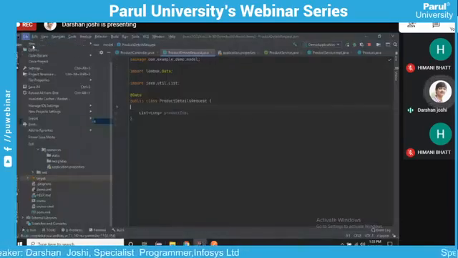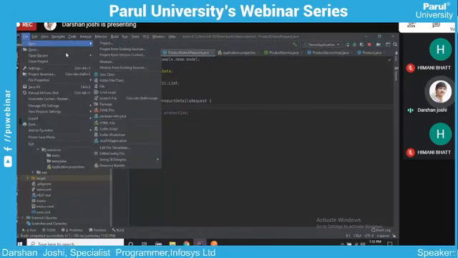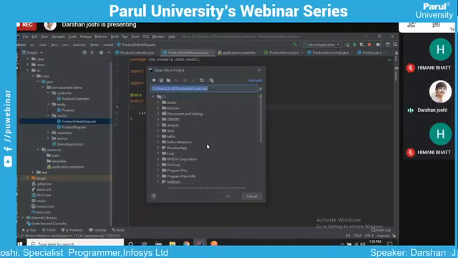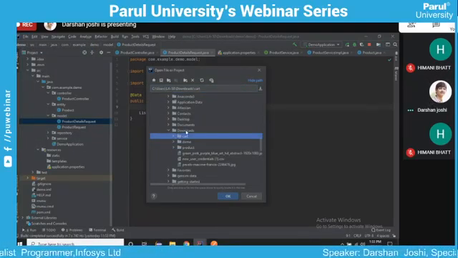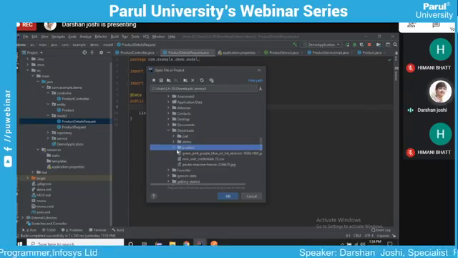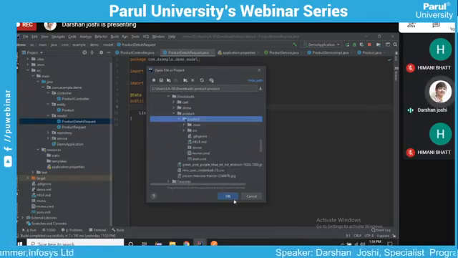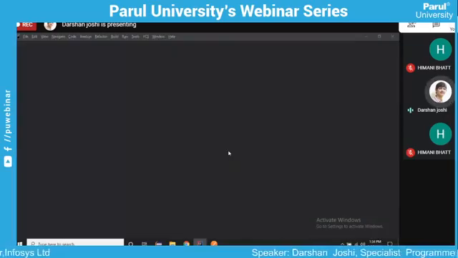Let me open that project. I'm going to use IntelliJ IDEA as the IDE. You might use STS or maybe Eclipse for this development. See here, product microservice. I'll open this in a new window.